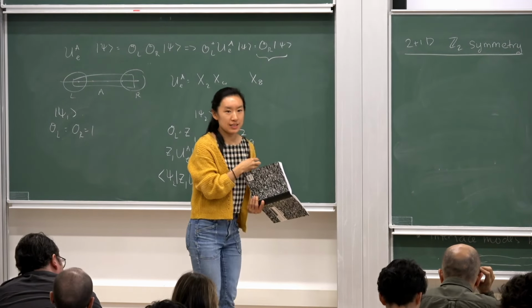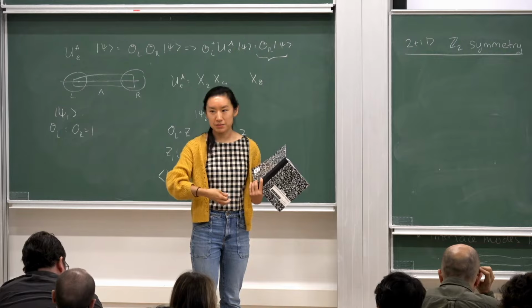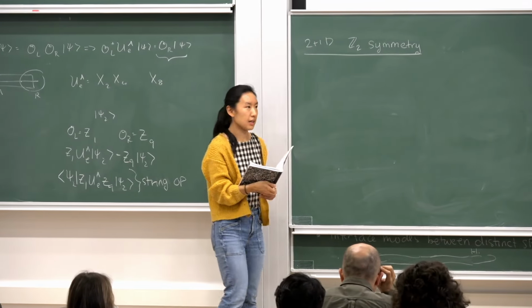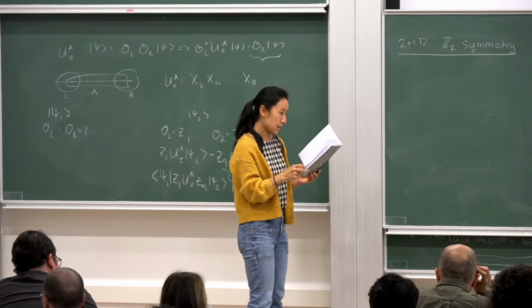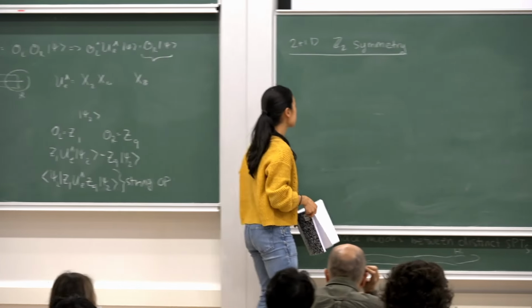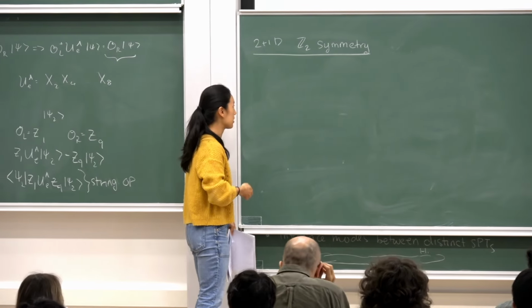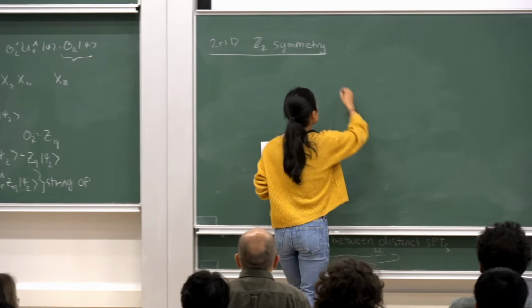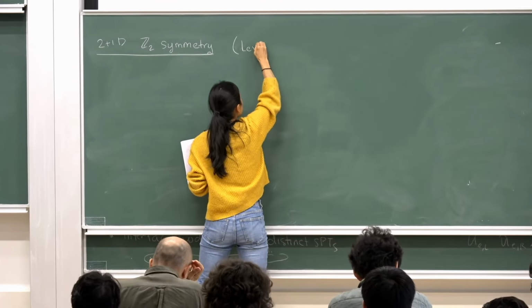A lot of the tools that we developed in 1 plus 1D are just as valid in 2 plus 1D, but I'll introduce another tool as well. In this setting, when you have Z2 symmetry in 2 plus 1D, there's a beautiful piece of work that outlines